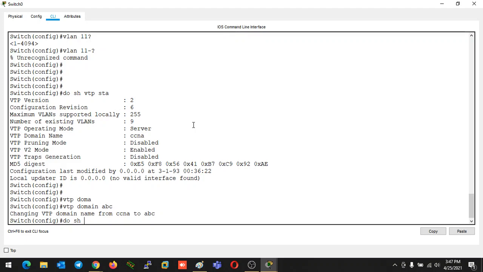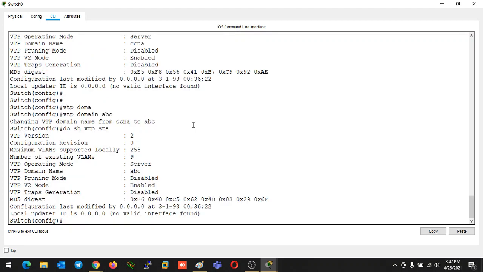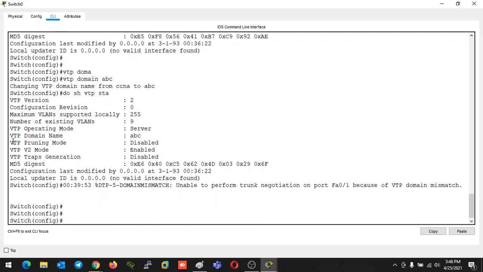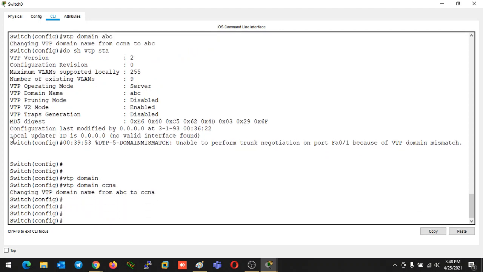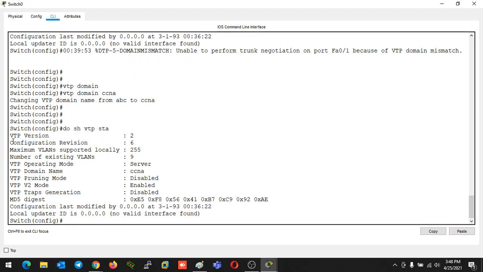After that, if you check the VTP status, you can see the CR number has been reset to 0. After that, you can change the VTP domain name back to the old domain name, CCNA. Okay. So right now everything will be fine, and your CR number value will be 0. Why did it come to 6 earlier?